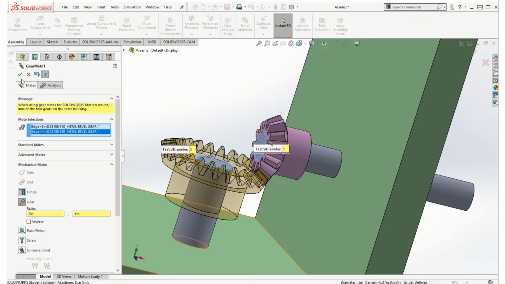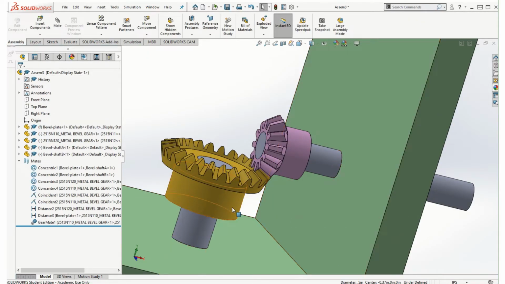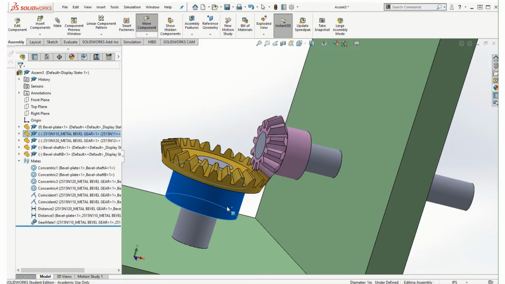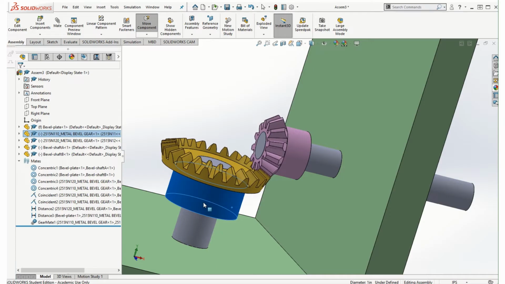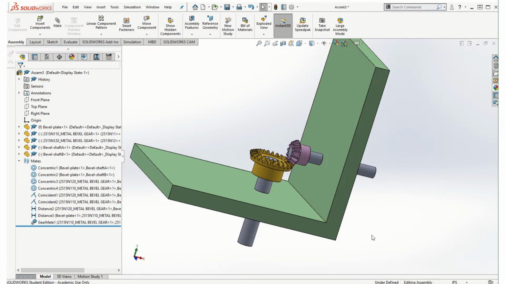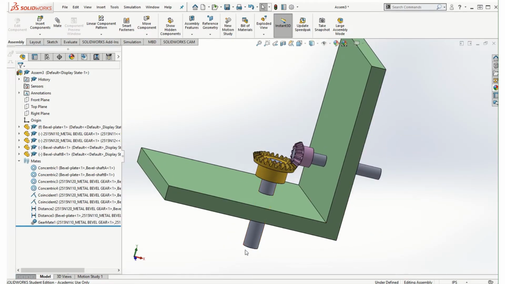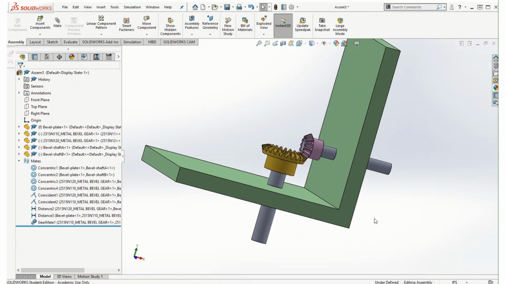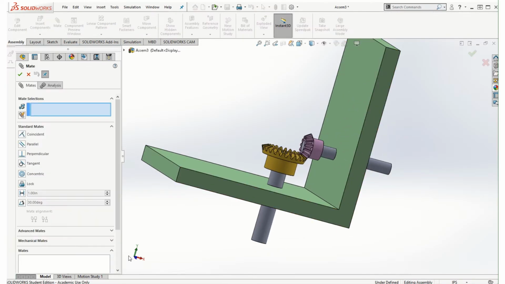Okay. So once we're done with this, click on the check mark, come out of it, and just try to move it to make sure that the assembly is working correctly. Okay. So once we see that the gears have been meshed accurately, now we want to see if the motion has been transmitted to the shafts as well. If I try to move this shaft, it's not really moving either the gear or the pinion, because even though the gear and the pinion are mounted on these shafts, they're not really connected from the animation point of view. So in order to make that happen, what we need to do is again go back to mate,